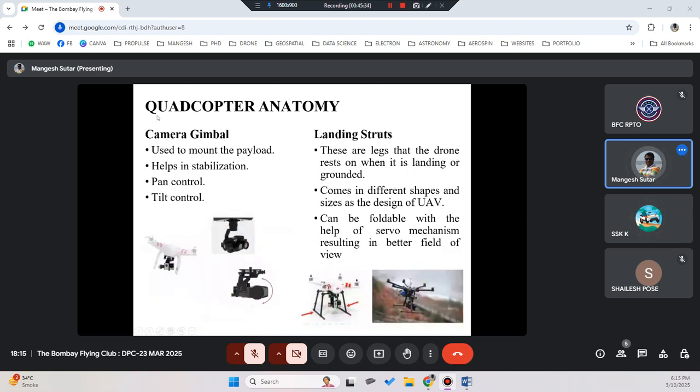So as you see, the quadcopter is not just a drone which will be flying, but we will be flying the drones for a particular use. Especially there would be a payload where we'll be having a camera with the gimbal. Without the gimbal, we can also attach the camera to the drone, but then it has limitations,